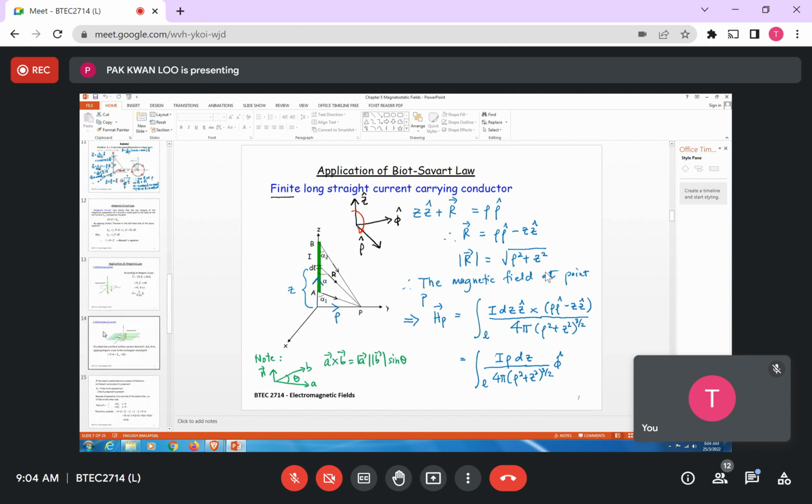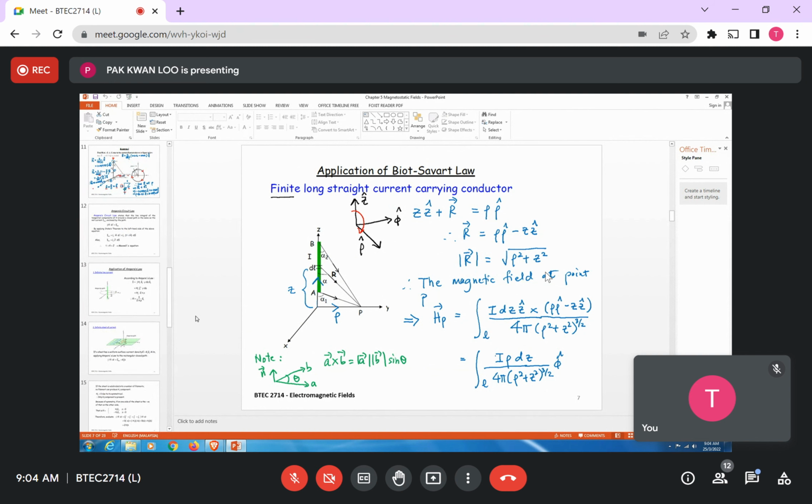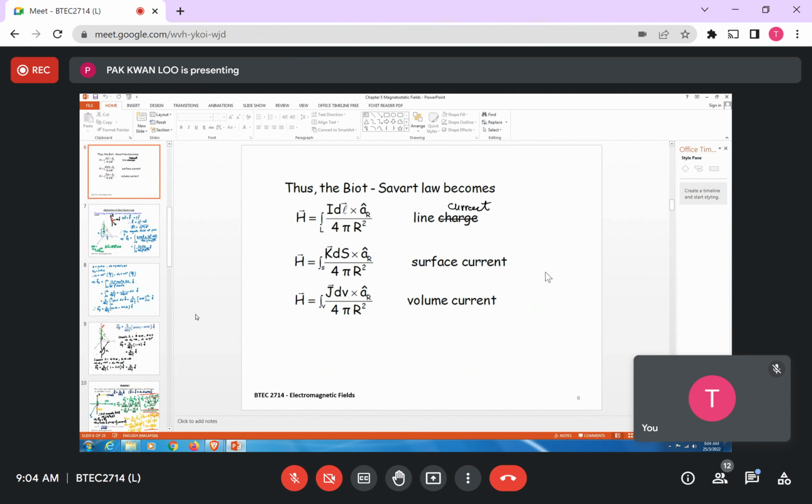However, the Biot-Savart law is applicable to surface current as well, and also volume current. So you will see a few exercises in your tutorial. Some of them are quite challenging, I mean challenging in the sense that it's not establishing